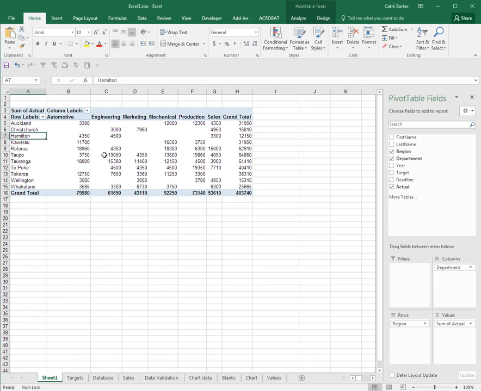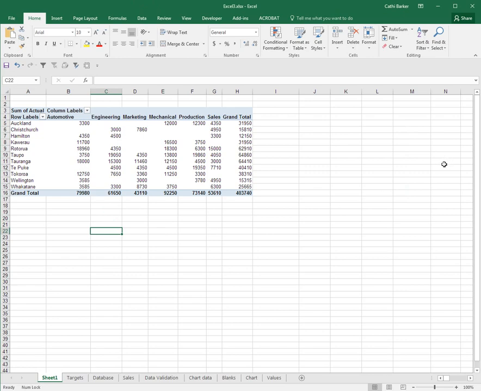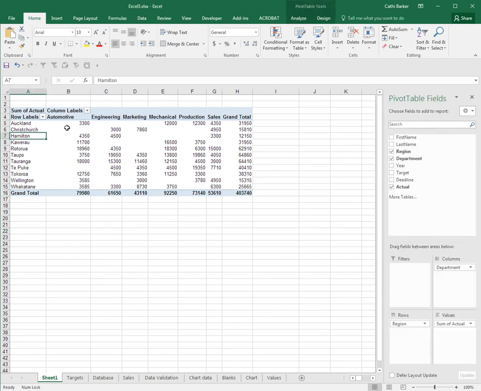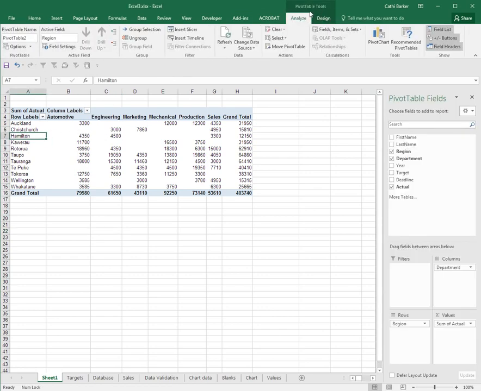When you click on a pivot table, you automatically see the pivot table field list appear to the right hand side. But if you click away from the pivot table, perhaps down here, that field list will disappear. So too will the tabs from the ribbon. As soon as you click back on the pivot table, those tabs in the ribbon will reappear and the field